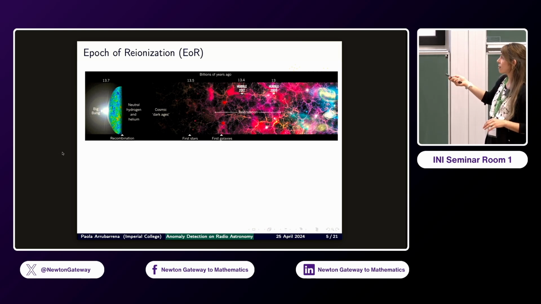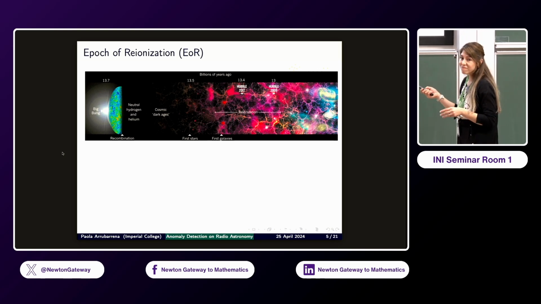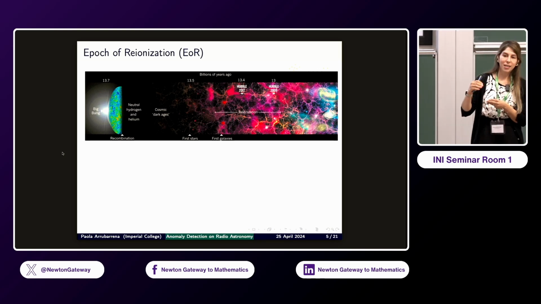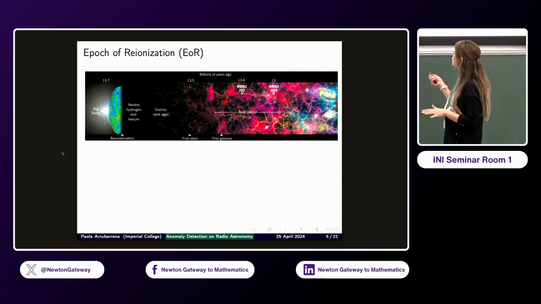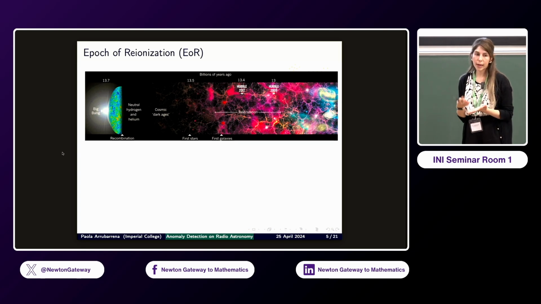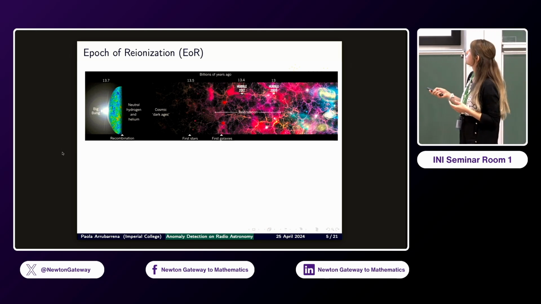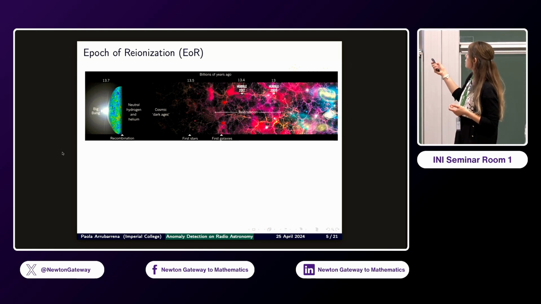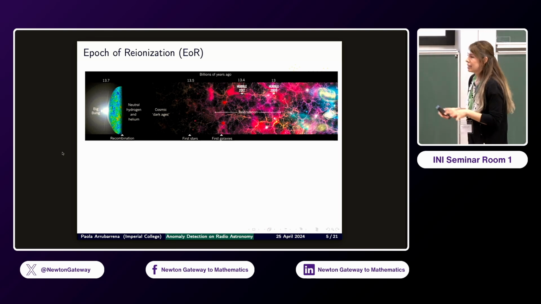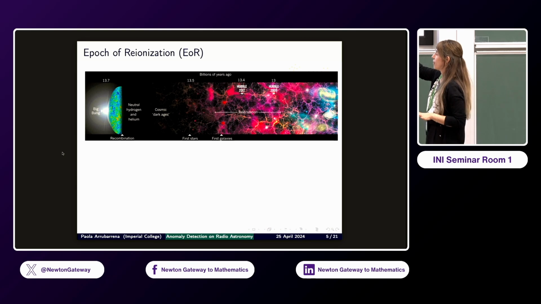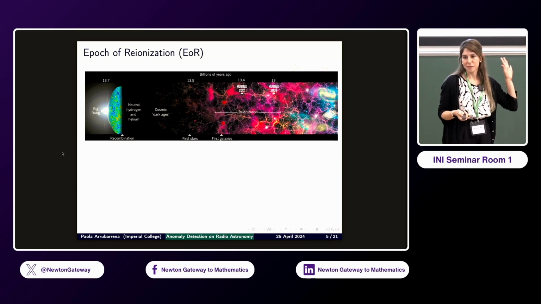It lasted quite a long time, something like 500 million years, up to something we still don't know what, that ionized the neutral medium, the neutral background, and created a sort of imbalance that led to the creation of the stars and the galaxies. So our galaxy was created more or less around here, 1 billion years after the Big Bang, is theorized. The only thing that we know from the cosmic dark ages is that we had all of